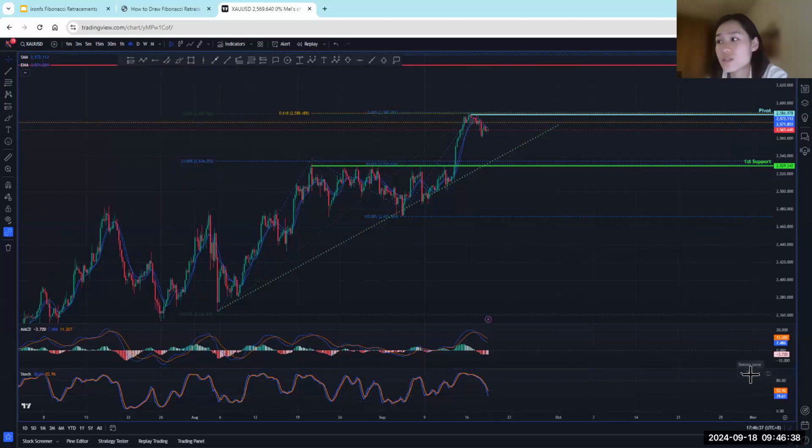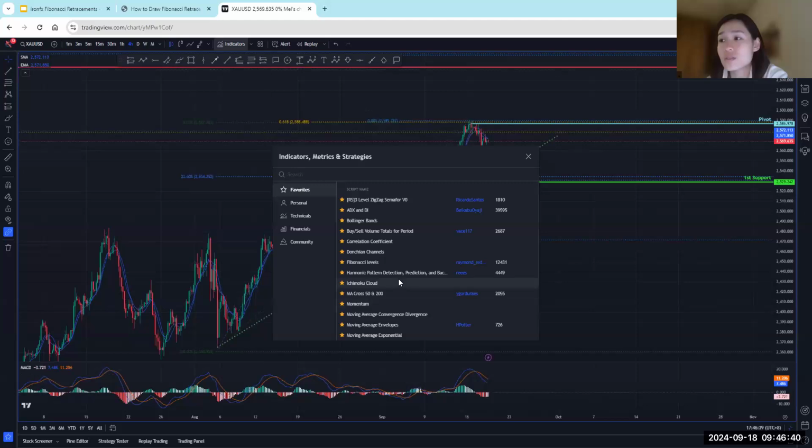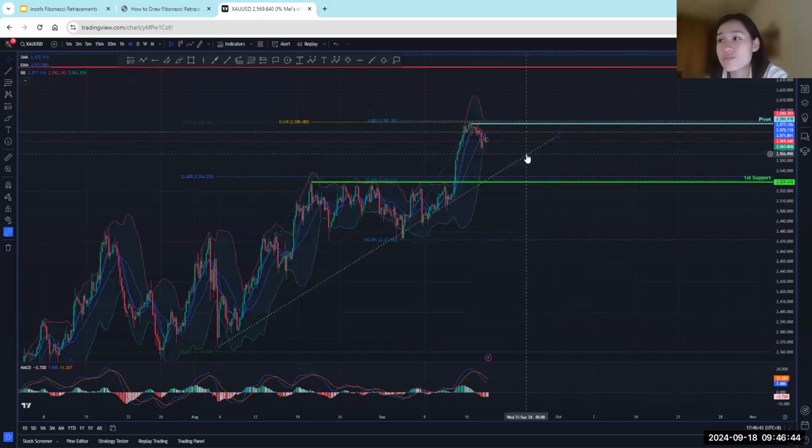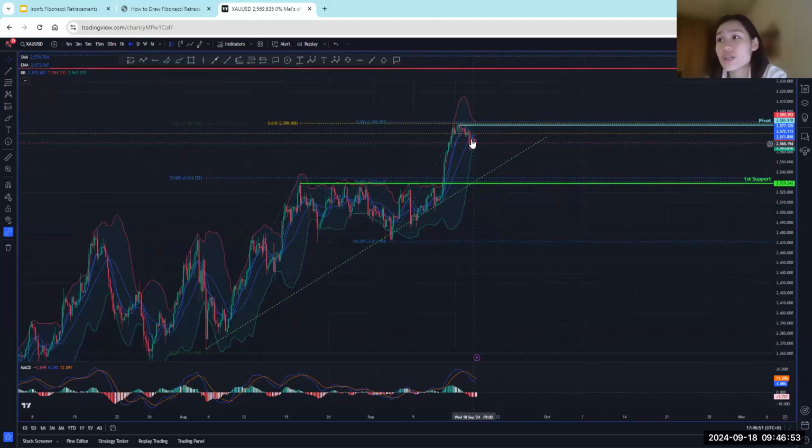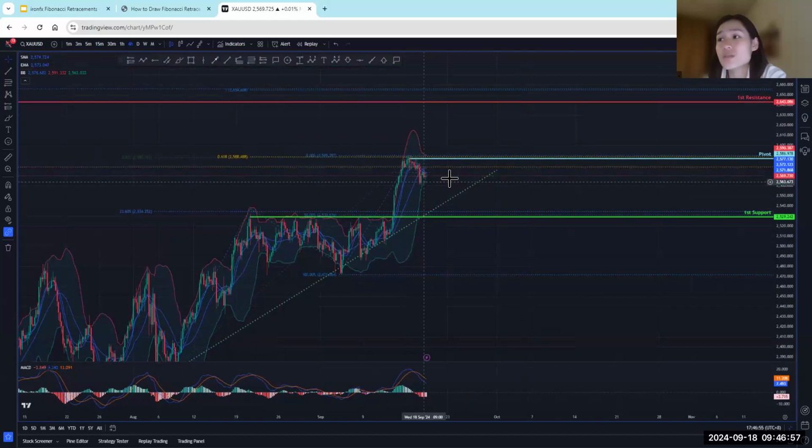Okay, stochastic isn't telling us much as well. Let's maybe look at our Bollinger Bands. You can see prices kind of heading towards our bottom band, so that does support our analysis. You can expect it to continue to drop a bit, but I am expecting it to reverse back and head